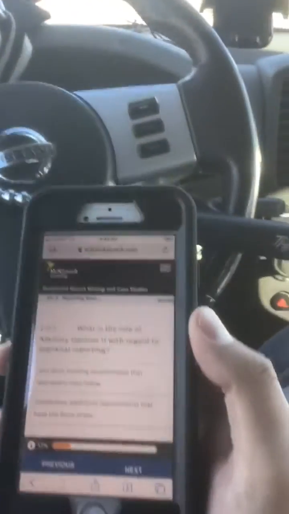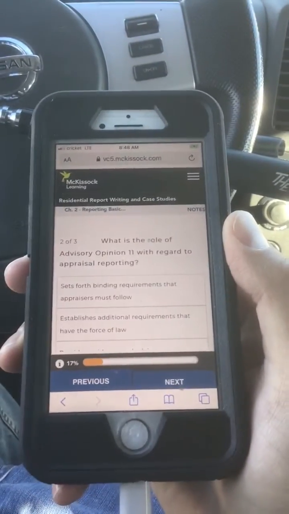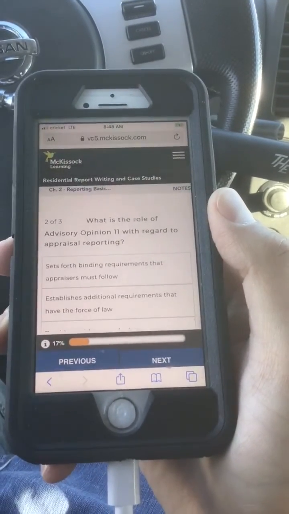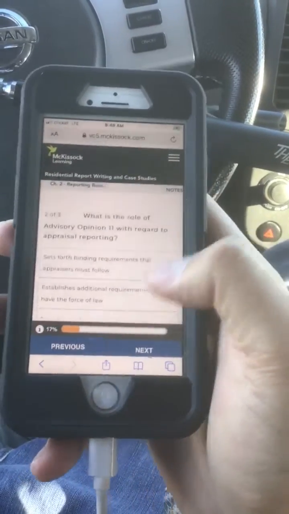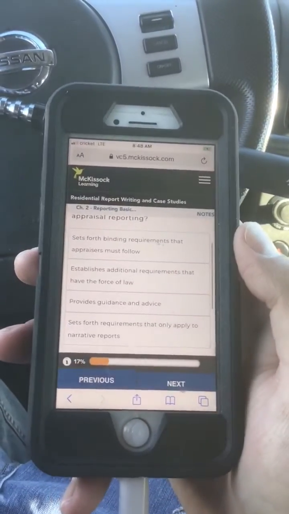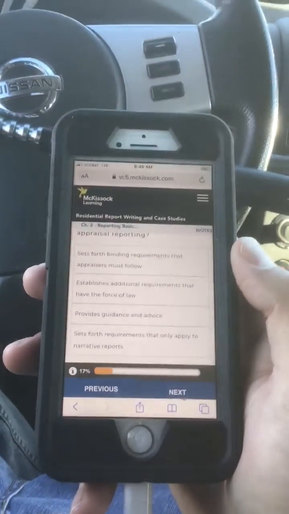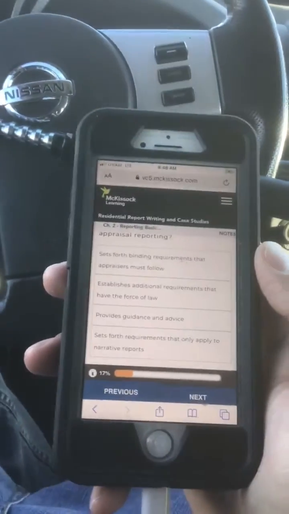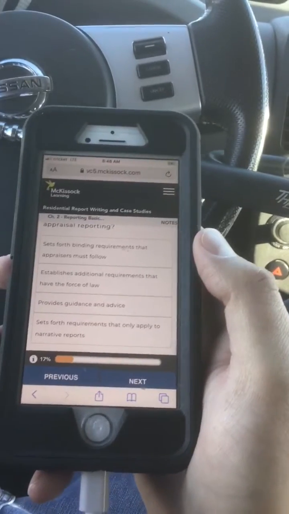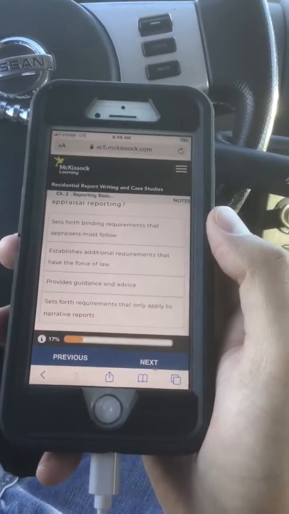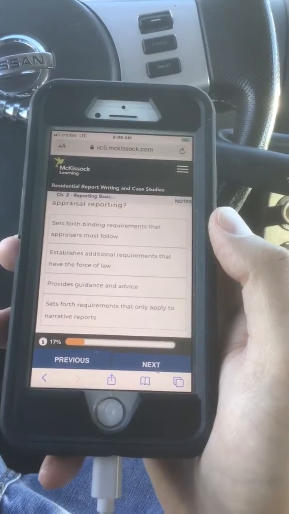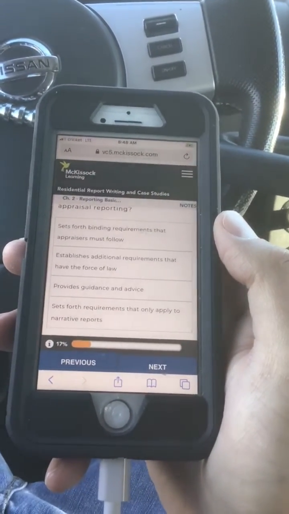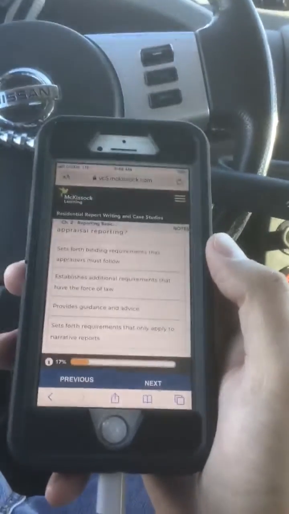Number 2, what is the role of Advisory Opinion 11 with regard to appraisal reporting? A, sets forth binding requirements that appraisers must follow. B, establishes additional requirements that have the force of law. C, provides guidance and advice. Or D, sets forth requirements that only apply to narrative reports.